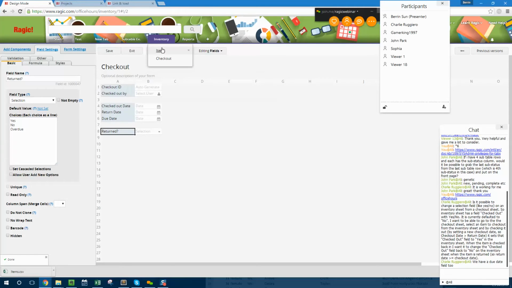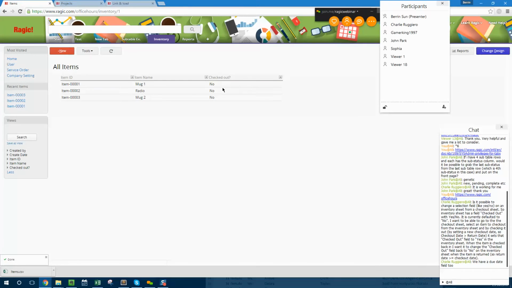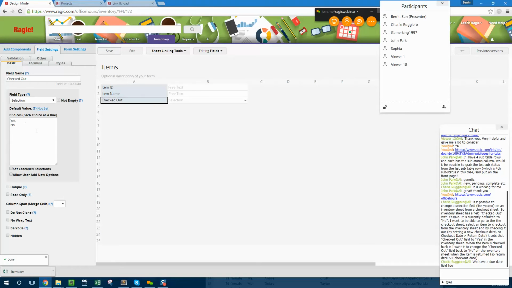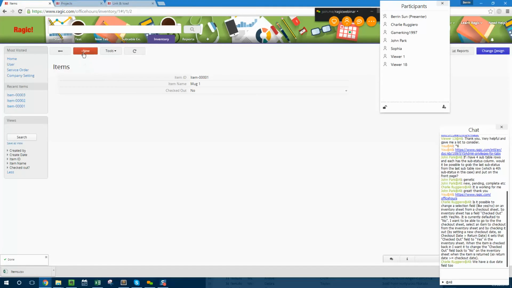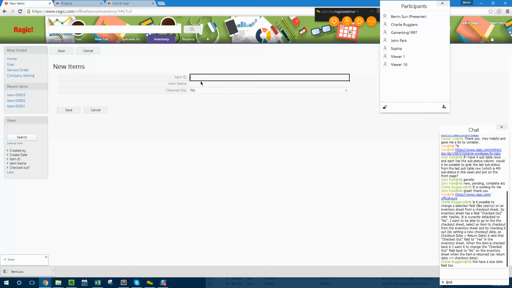Okay, let's go back to the item sheet first. Did I save that? I did. So this is defaulted to no, because when you create the entry, you don't want it to be checked out. So the way to set a default value is right here under the field type, and it's saying not set, and I can set it by selecting any of the options over here. So it's defaulted to no. So when I create a new item,